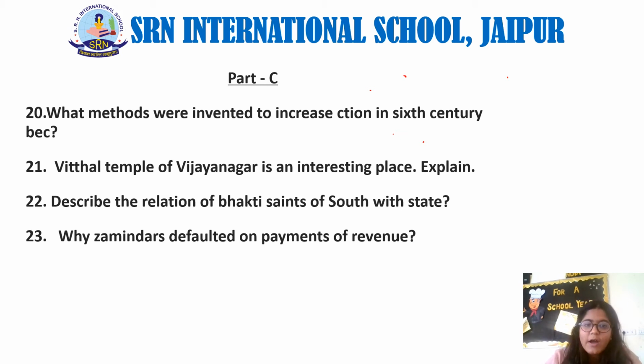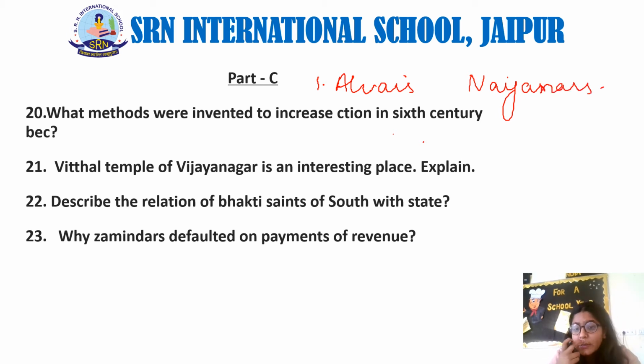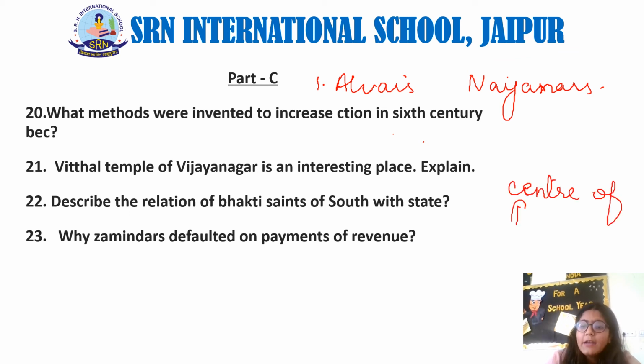And wherever these Alvars and Nayanars traveled, they declared some sacred places as the abode of God and of their respective deities. Later on, large temples were constructed on these places, and all these places became centers of pilgrimage. These big temples were built by royal kings only. So we can say that the Vijayanagar empire's rulers actually supported these Bhakti movement saints.